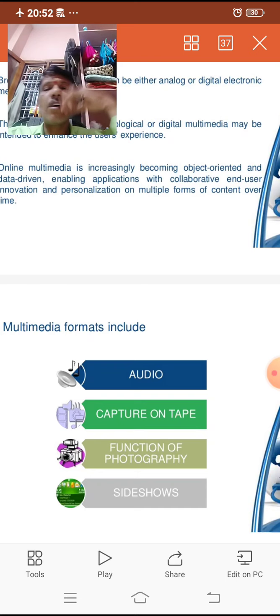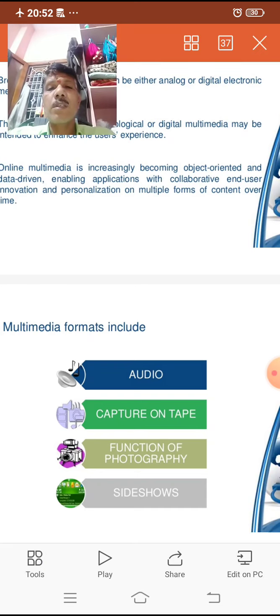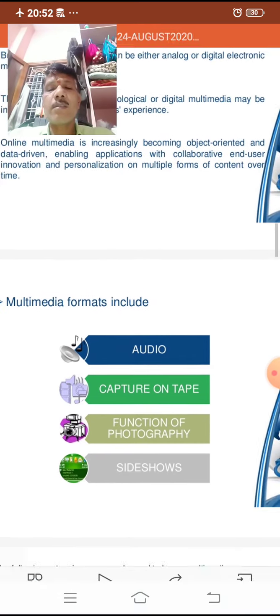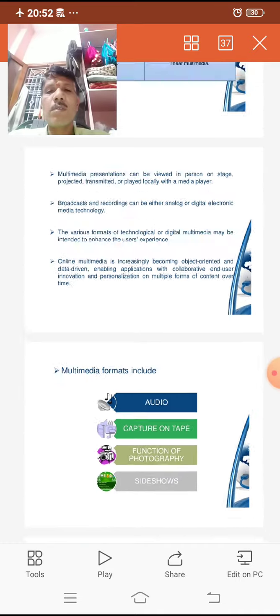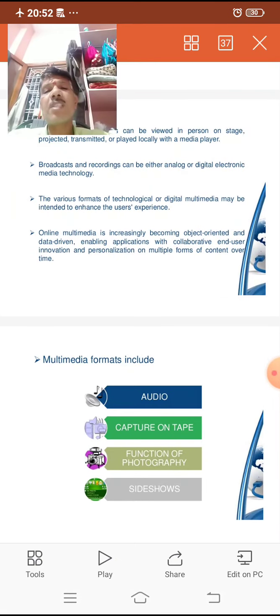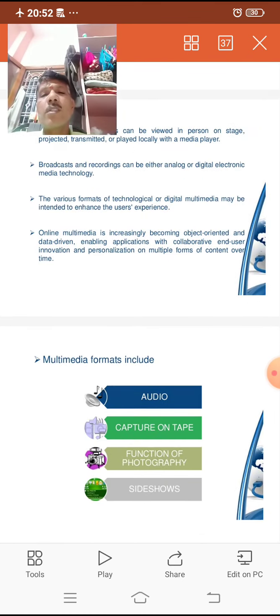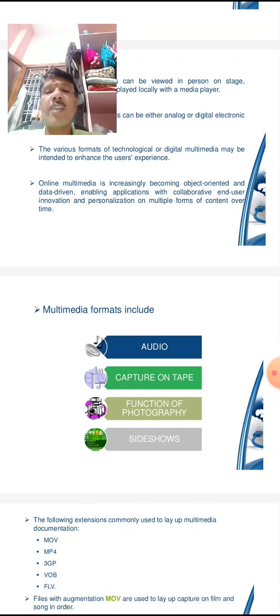These are the formats included in multimedia forms. In other words, multimedia formats include audio, capture on tape, function of photography, and slideshows.